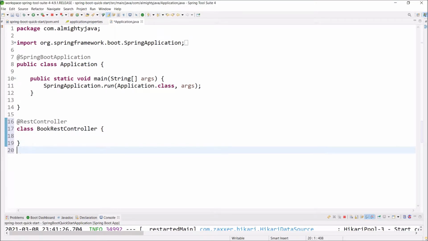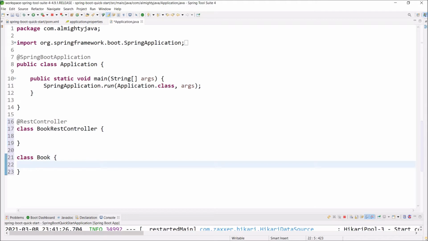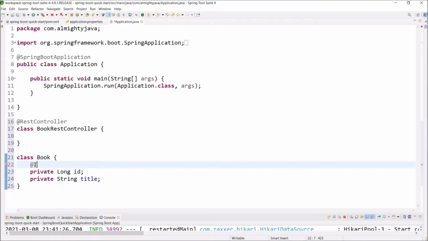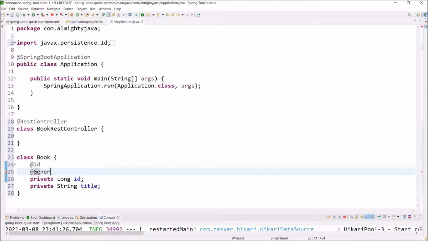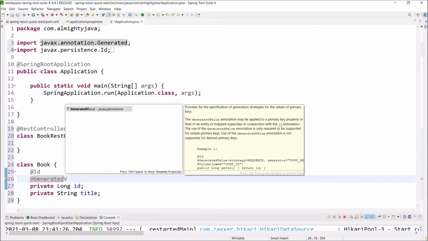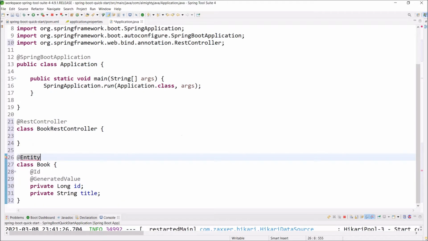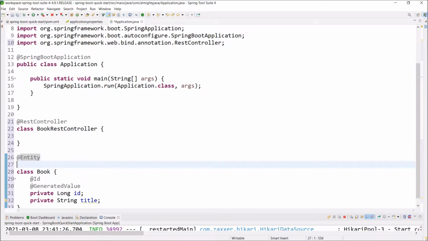Now, let's add the entity class. Class name, let's say Book. Here, let's add two simple fields like id and title. Add the Id and GeneratedValue annotations. Add the Entity annotation. For generating getters and setters, add Lombok-related annotations.